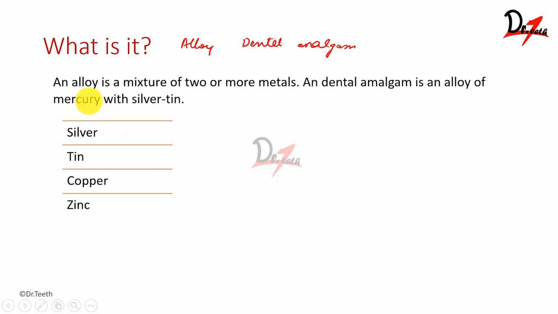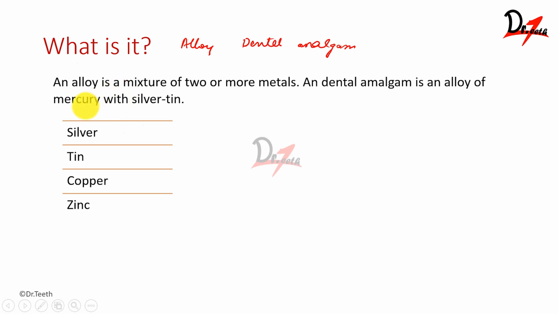The main reason why dental amalgam is not being used in many countries now is because there is a problem in discarding the mercury. Let us suppose you have mixed the dental amalgam and you might need to discard some of it after the treatment. That discarded dental amalgam is very difficult to get rid of from the environment. It's very difficult to extract the mercury from that dental amalgam in the environment. So that is why in many countries now we are not using dental amalgam.